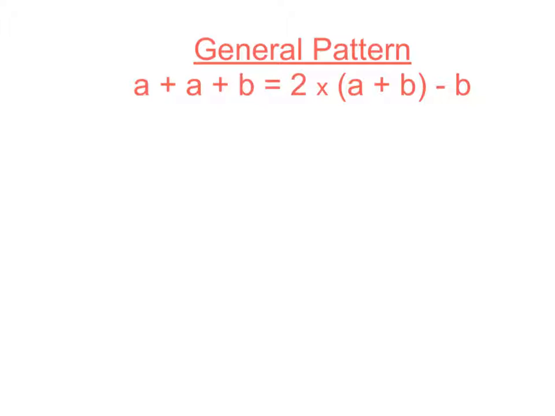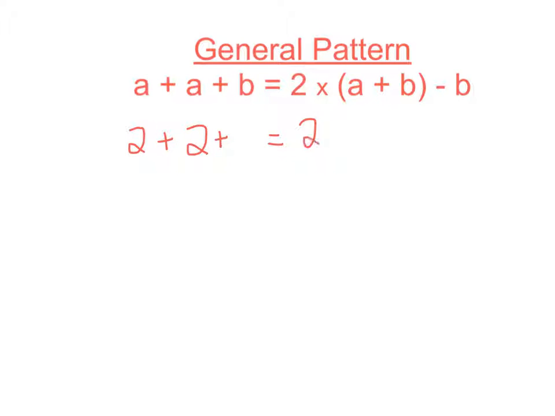So when I go to do this today, what I would start with is deciding, okay, what do I want A to be? So I normally want to start with something that's going to be easy to tell whether or not this general pattern is true. So I'm going to keep it very simple and just say A is 2. So wherever I see an A, I'm going to put 2. So I'm going to have 2 plus 2. So I'm putting in 2 for A's. Plus, now I haven't decided what B is yet, so I'm going to leave that blank,